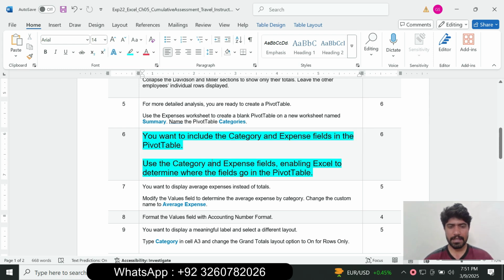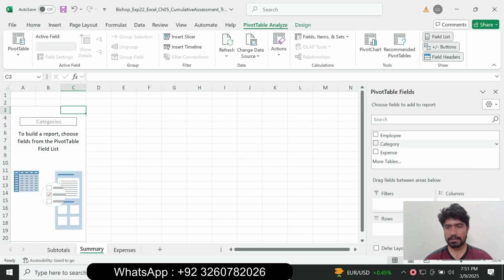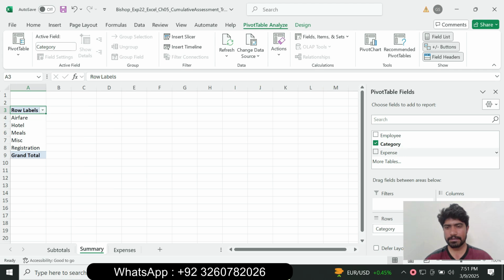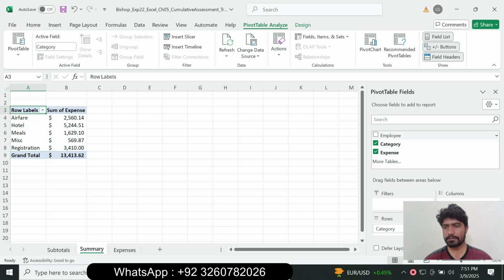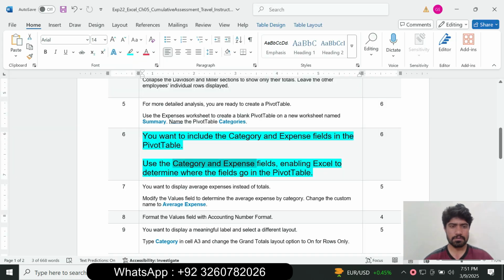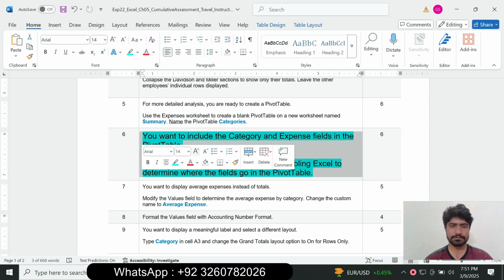So click the category and expenses fields and enable Excel to determine where the fields go in the pivot table, and enable the all field button for the category and expenses fields. So question number 6 is complete